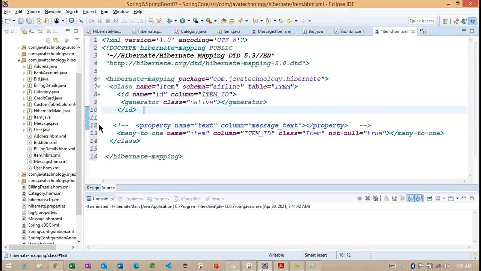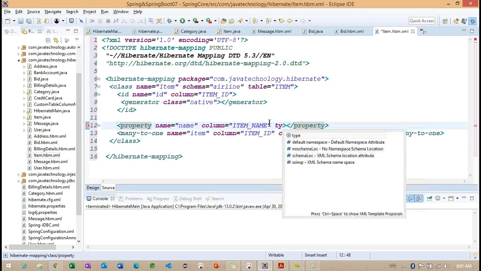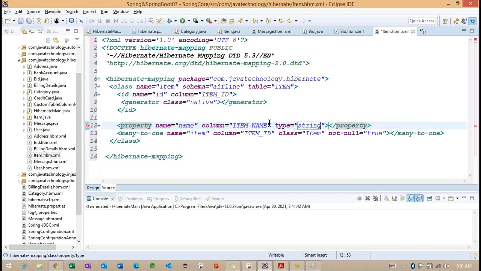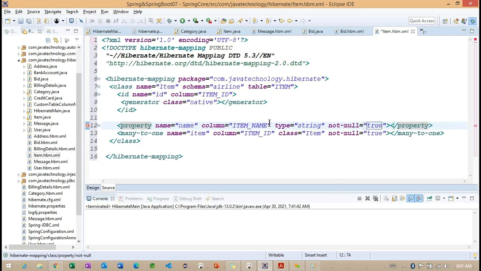What are the other properties we are having? Name and description. Instead of text here, name here, item name. Make the type string. I want to make it not null also.